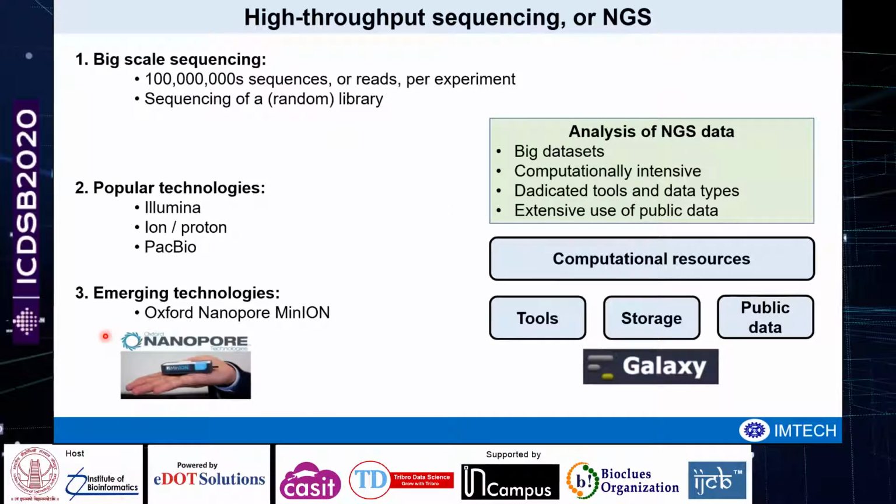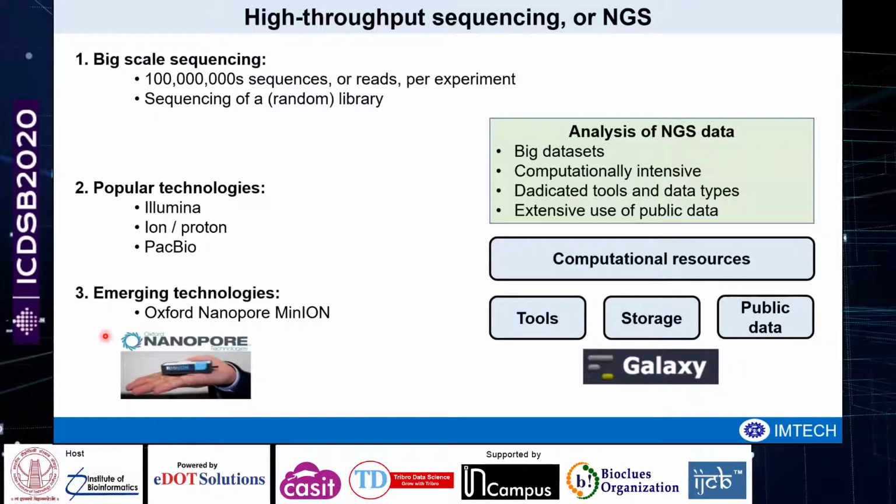When we talk about NGS or high throughput sequencing analysis, we are talking about big data analytics, which may include around 100 million sequences or reads per experiment, and the sequencing of a random library. Several popular technologies are used for generating sequence data, like Illumina, Ion Torrent, and PacBio.